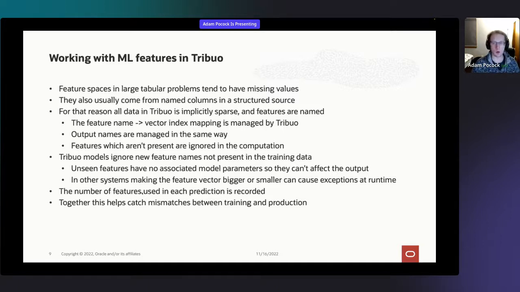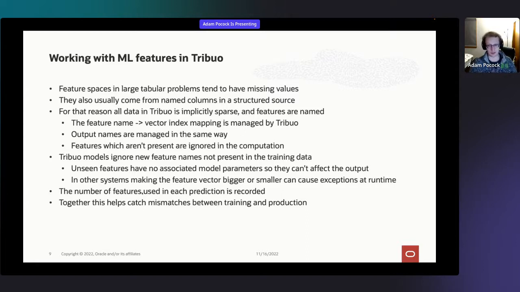So we know a lot more about those features, and keeping that name all the way through the pipeline makes it a lot easier to debug, because it came from that database table. I'll go and look and see where the data is and why that's behaving strangely. As I said earlier, we manage that name to index mapping, and we manage a mapping from the output names, like whatever label you're predicting, whether it's a cat or a dog or a 0 or a 9 or a 4 or whatever. We manage those in the same way.